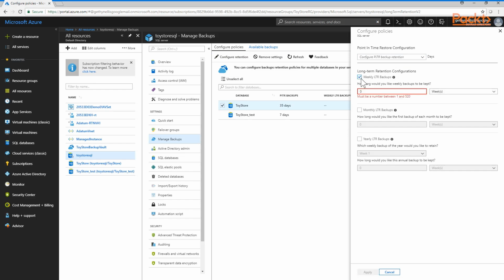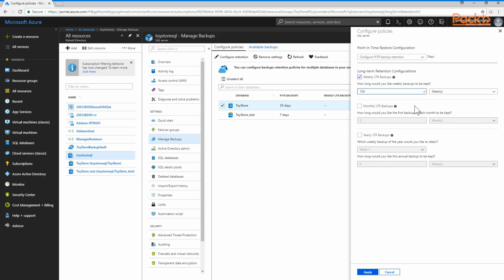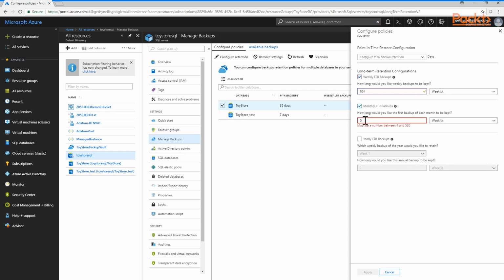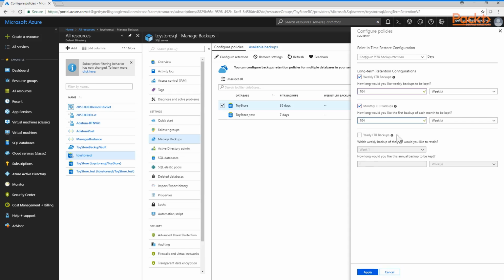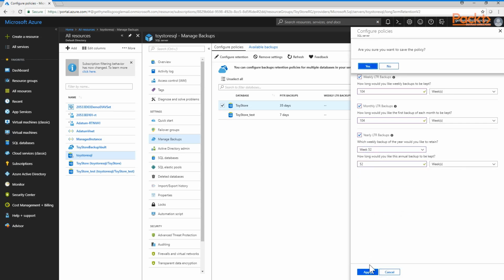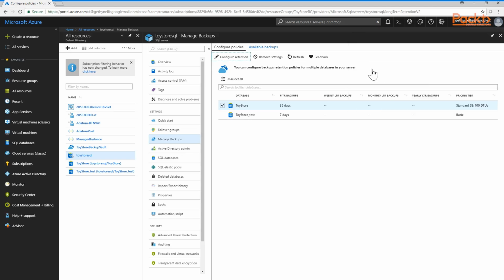And then we get to configure the policy, so we can keep the current settings, or we can choose long-term retention configuration. So I'm going to say keep this for 104 weeks, which gives us a 2-year gap. And then I get to choose which weekly backup of the year I would like to retain. The last one, which is 52 in there. And we click on apply. And you want to save the policy, yes. And it updates the retention policy for